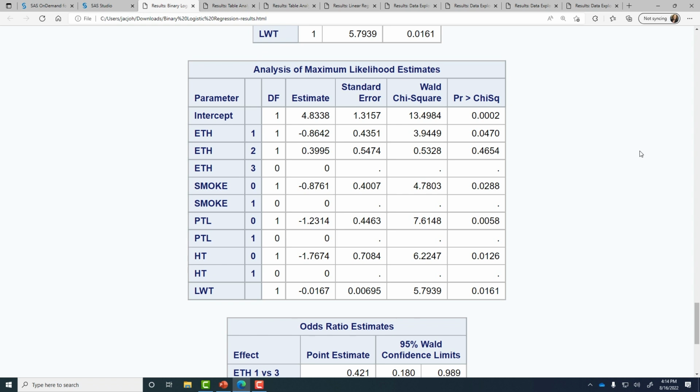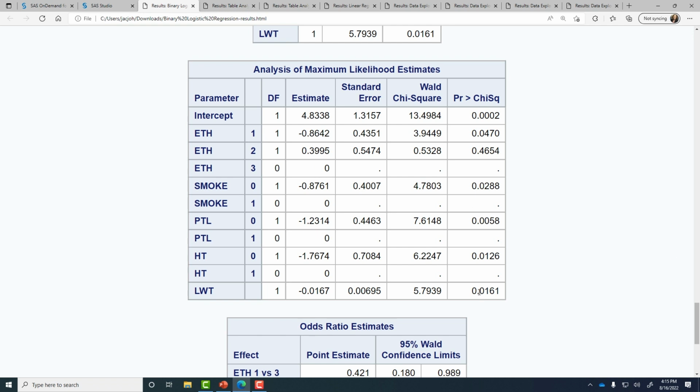And the reason that we apply a log link to the odds is to linearize the relationship between our outcome and these predictors. And specifically, remember that the outcome that we are modeling here is the probability of being low birth weight. And so we apply a log in order to linearize the relationship between that and our predictors. Each of these parameter estimates is on the log odds scale, not on the scale of the original data.